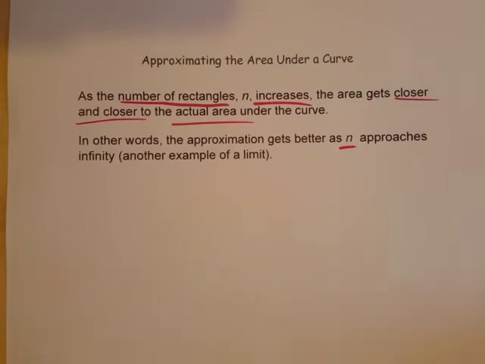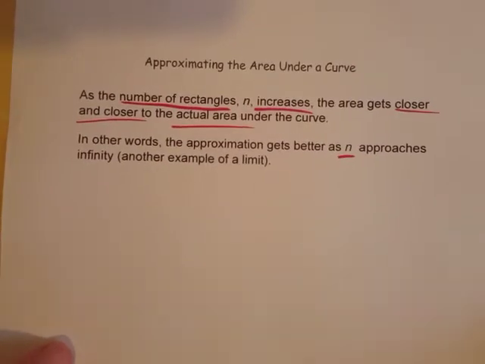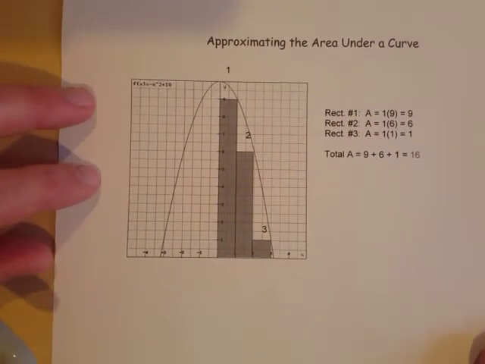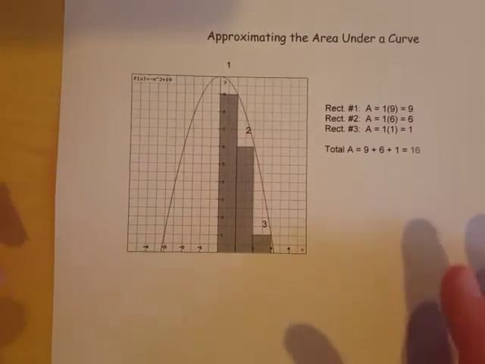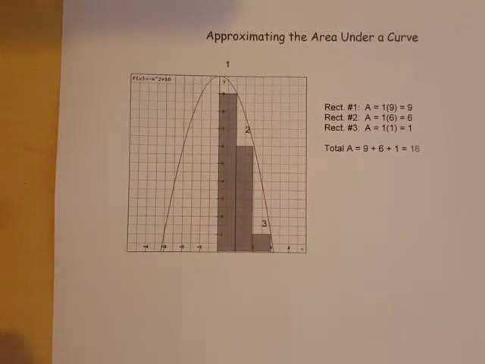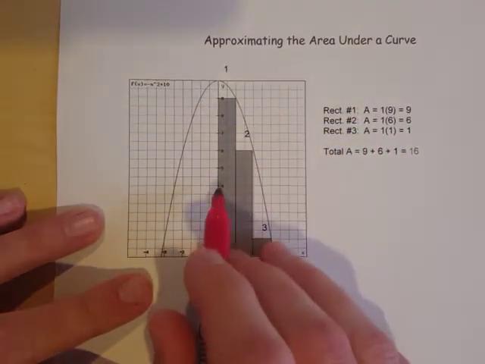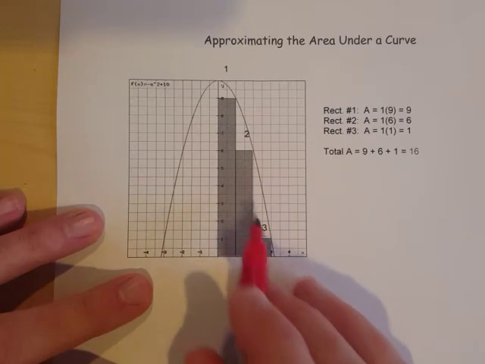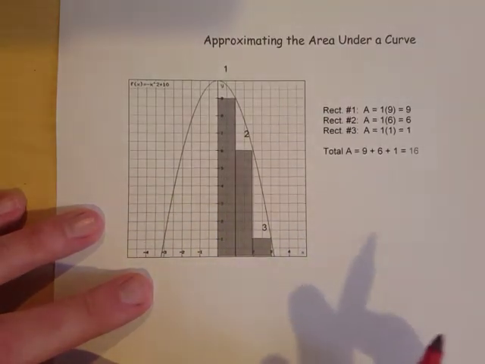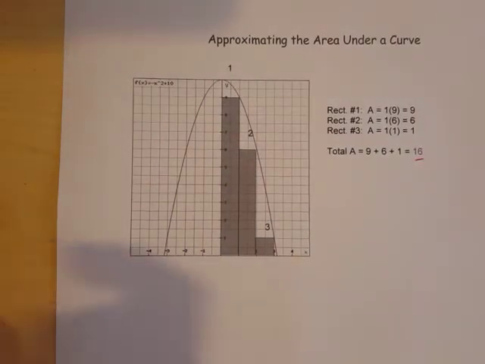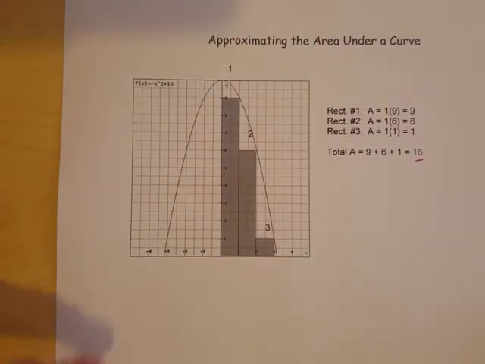Now I'll go through and actually show you some numbers so you can get an idea of how close we are. There is an actual real value for the area under that curve. We'll get to that at the end, but here's our first estimate. When we break it up into 3 rectangles, it's not very good, but as you can see here, I'm just finding the area of each rectangle. This big one was 9, this little one was 6, and the smallest one was 1, and when we add those together, we get an area of 16 under that curve. Again, not the greatest estimate, as we can see. But then I break it up a little bit further,